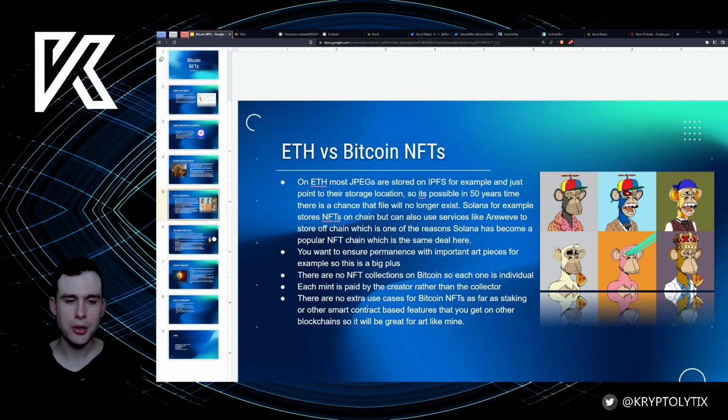And while at the moment, during the bear market, or at least maybe the accumulation phase, I don't know what phase you want to say we're in at the moment, I'd say this is probably the accumulation phase after the dreaded bear, then it's probably a good time to be doing this sort of stuff. But